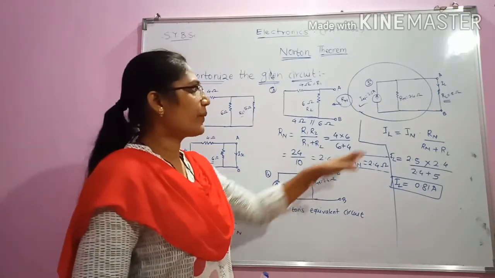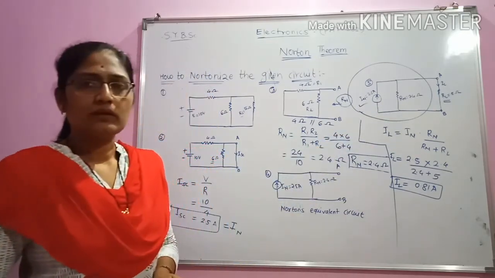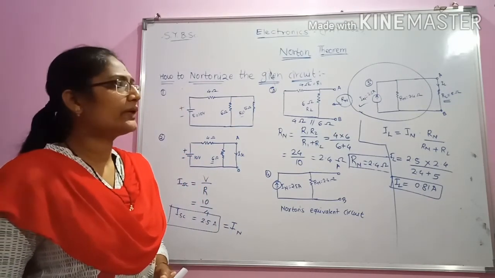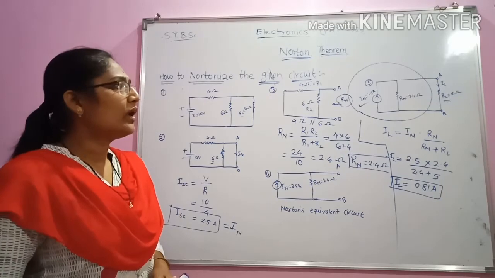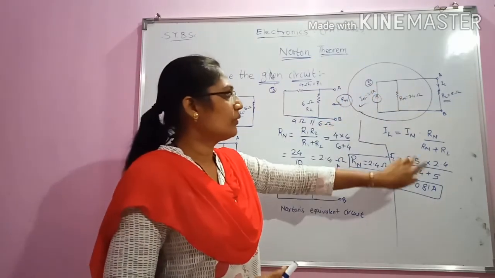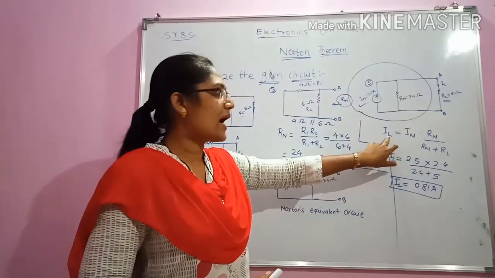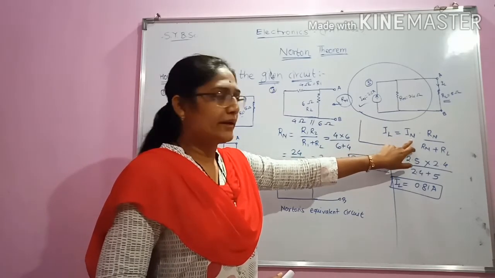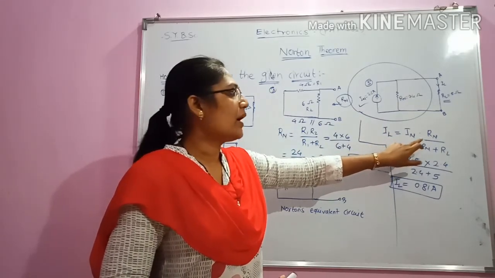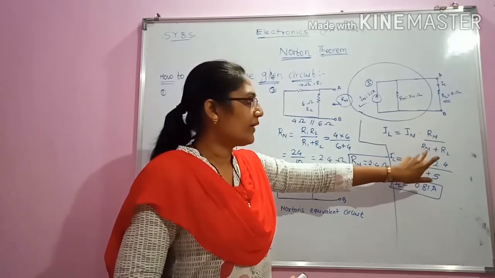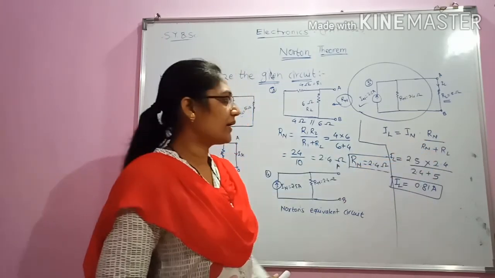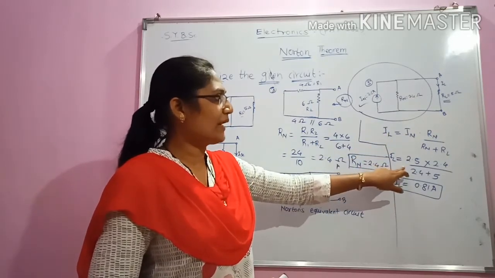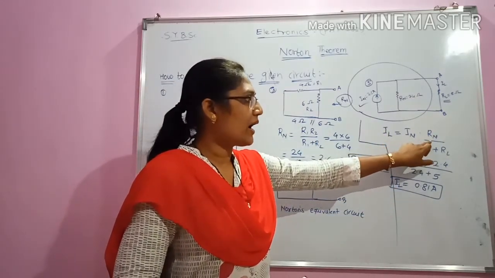Now the last part remains to calculate the current passing through RL. In order to calculate it, we have one formula: IL current is equal to IN constant current into Rn divided by Rn plus RL, and by using this formula and substituting the values of IN, Rn